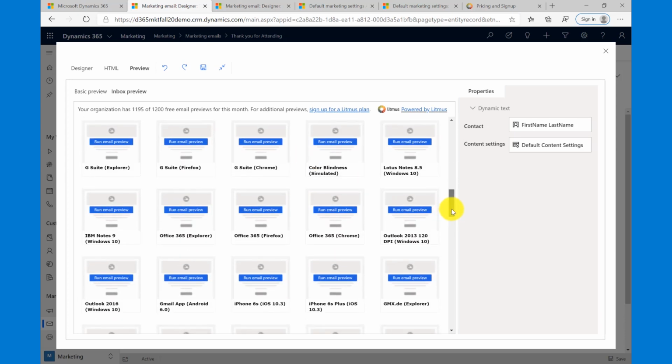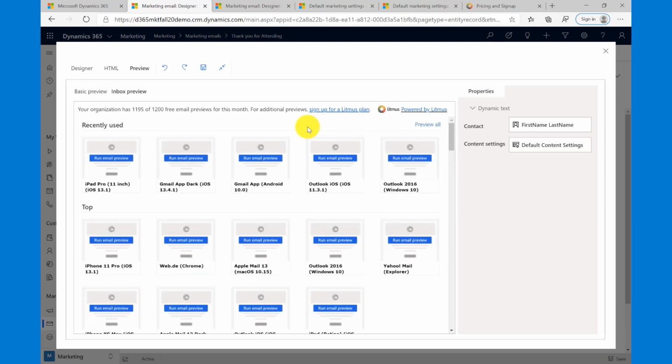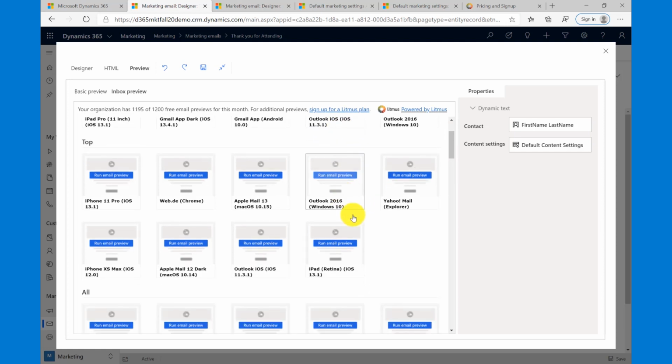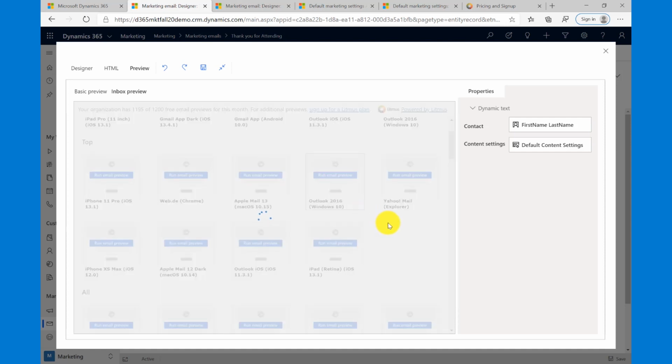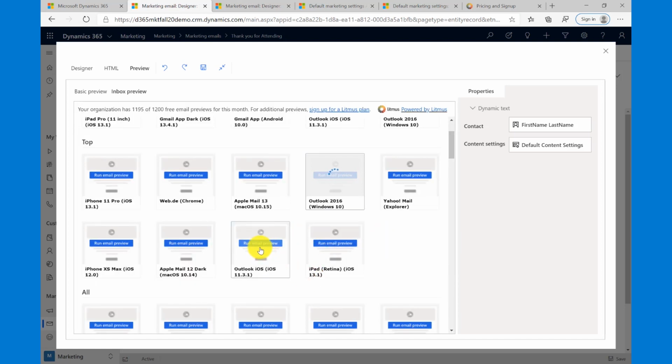So let's say right now that I want to test my email on Outlook 2016 that runs on Windows 10. But I also know that most of my users are using Outlook on an iOS device. And so in this case I also want to select Outlook iOS. This allows me to see what the email would look like in the Outlook desktop application, and also what it looks like in Outlook running on iOS. To simply test that, I can click. And then what you'll see is